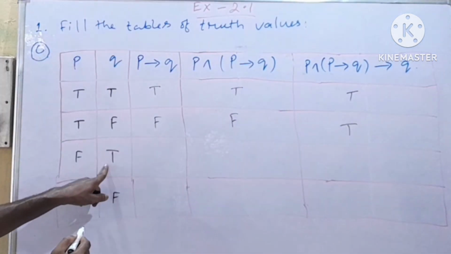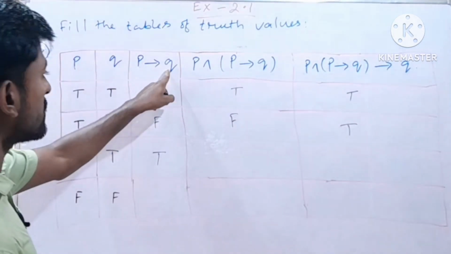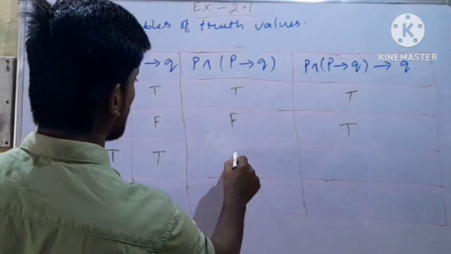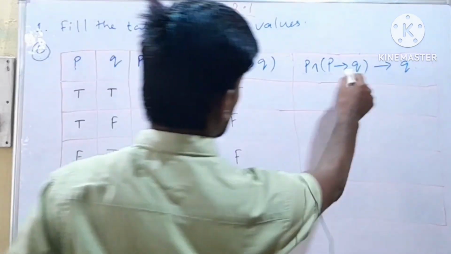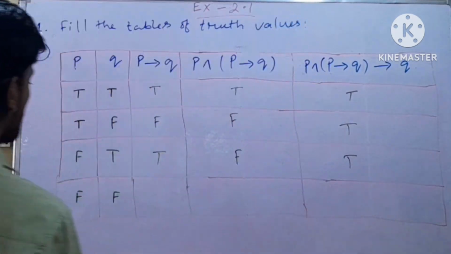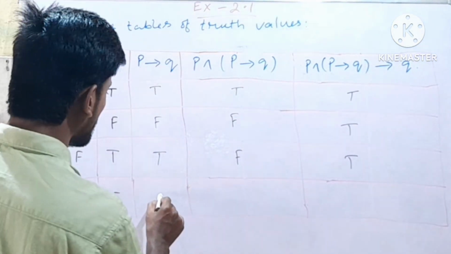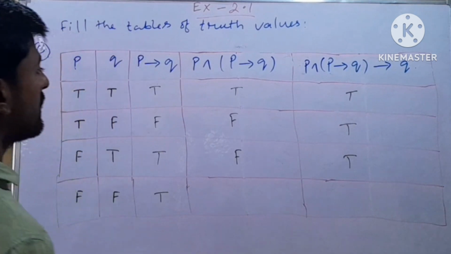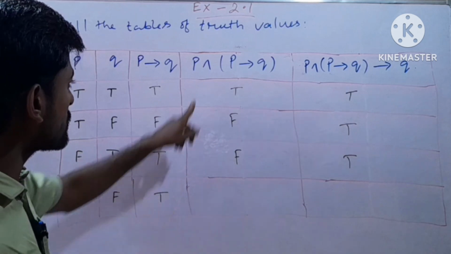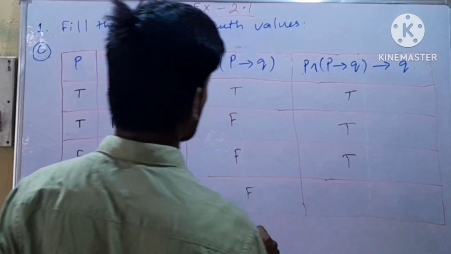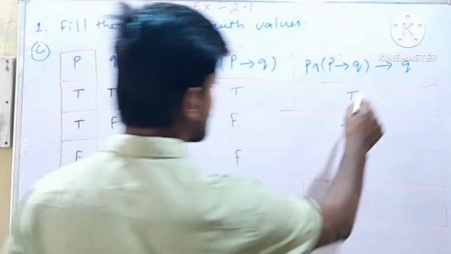P false, Q is true, P conditional Q will be true. P false, P conditional Q is true, so conjunction will be false. Since this one is false and Q is true, so conditional will be true. P false, Q false, P conditional Q will be true, and P false, P conditional Q is true, so conjunction will be false. Fourth column is false, second column is also false, so conditional will be